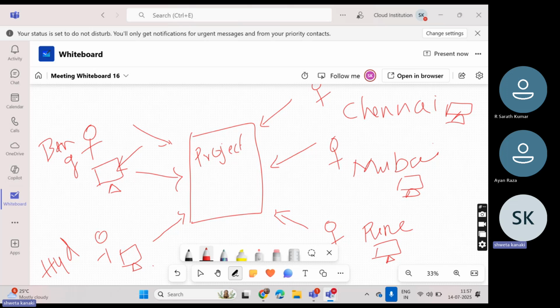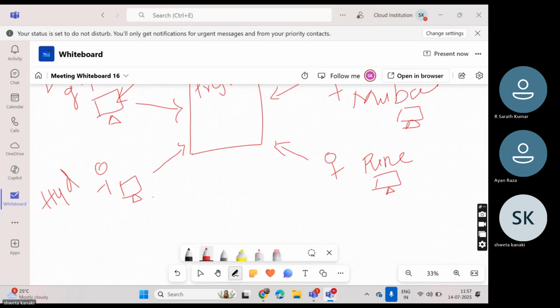For example, in this file, the Bangalore person made changes to lines 1, 2, 3, and another made changes to lines 3 to 4. We'll push it, and other persons are also making changes and putting them in.